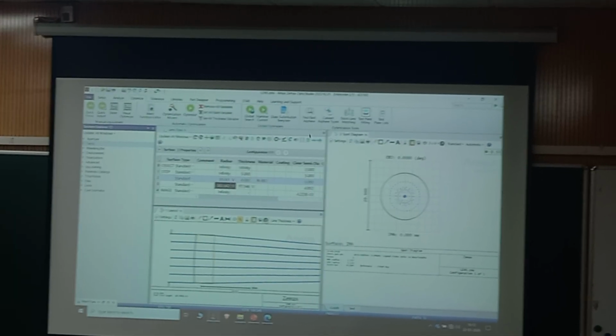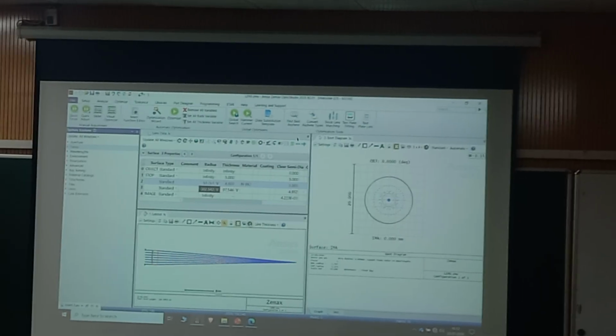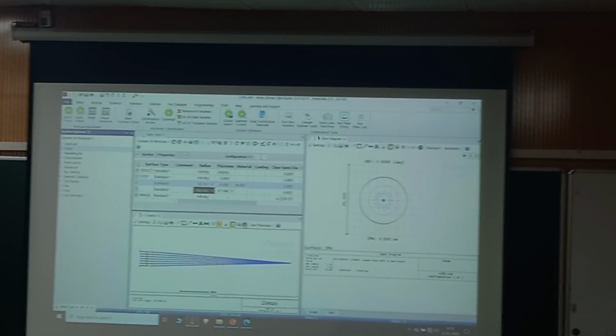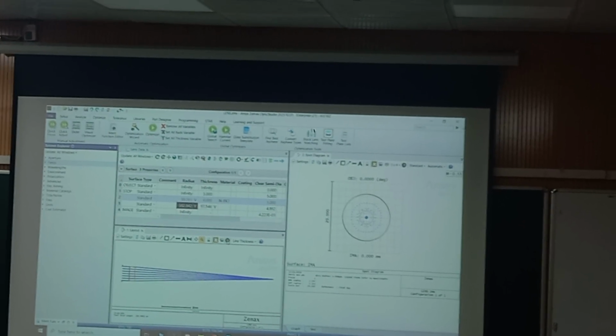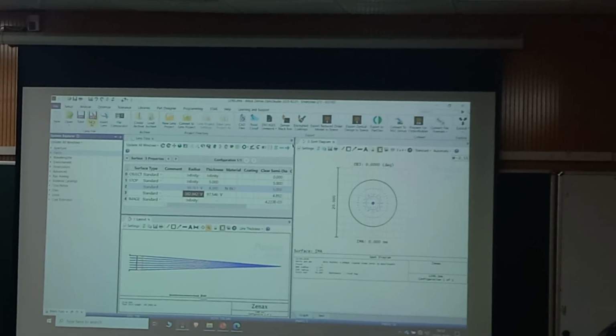Absolutely correct. So with this, our first statement is complete: on-axis, monochromatic 550 nanometer singlet lens, f number 10, clear aperture 10, complete. I have to save it, otherwise if I close it the design will disappear. So go to File, Save As.